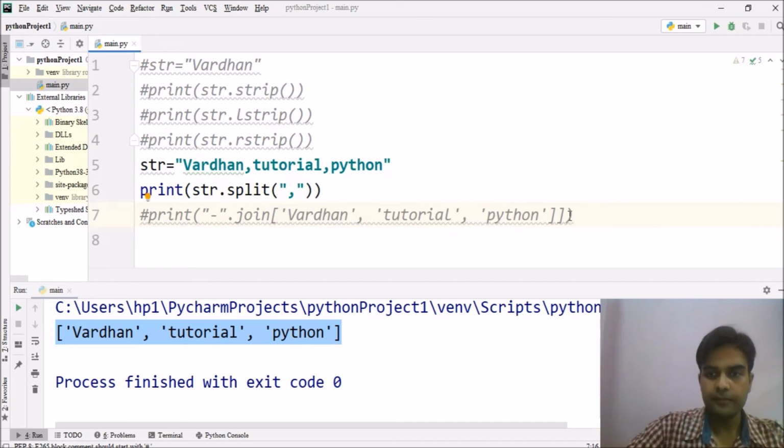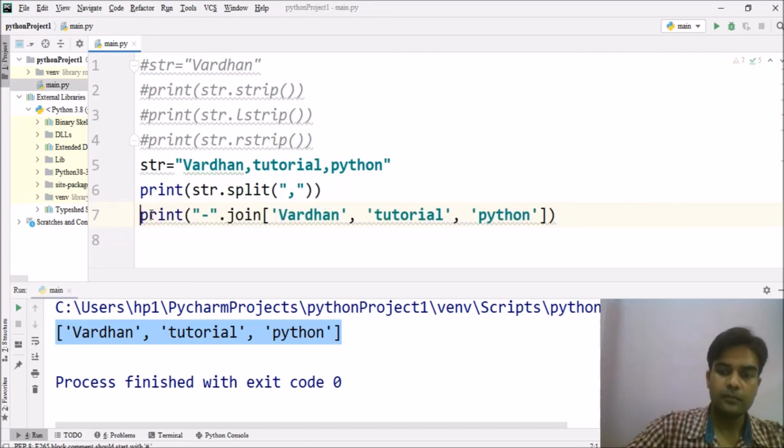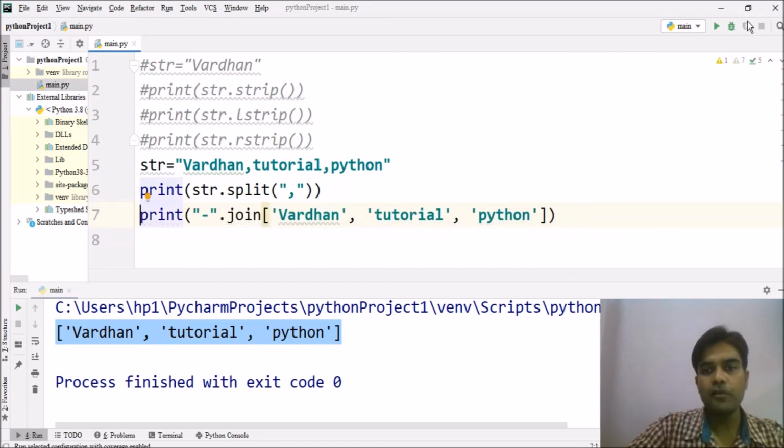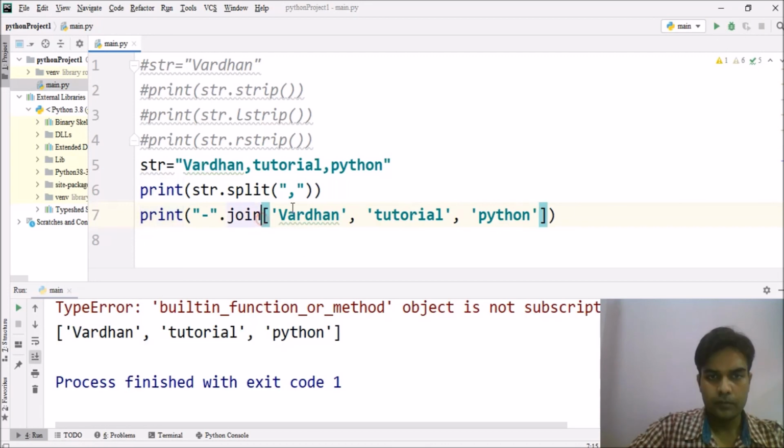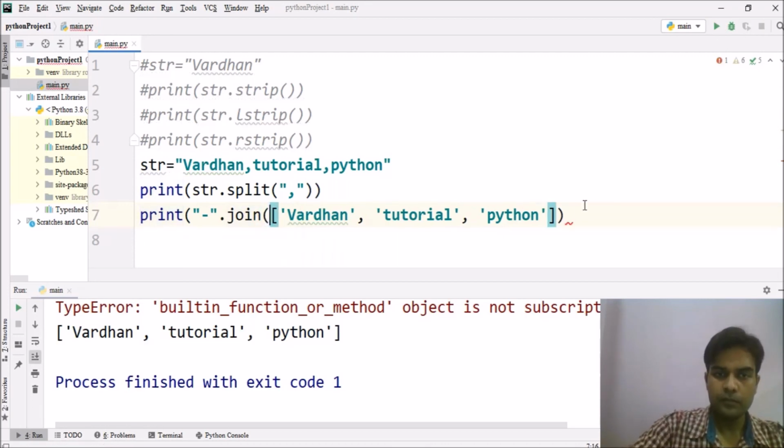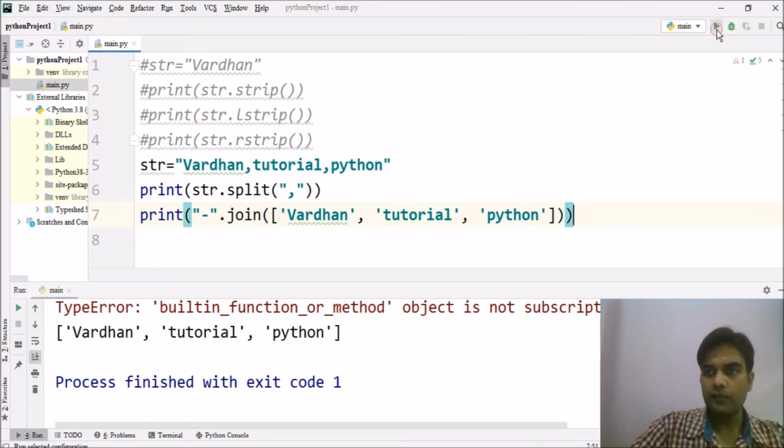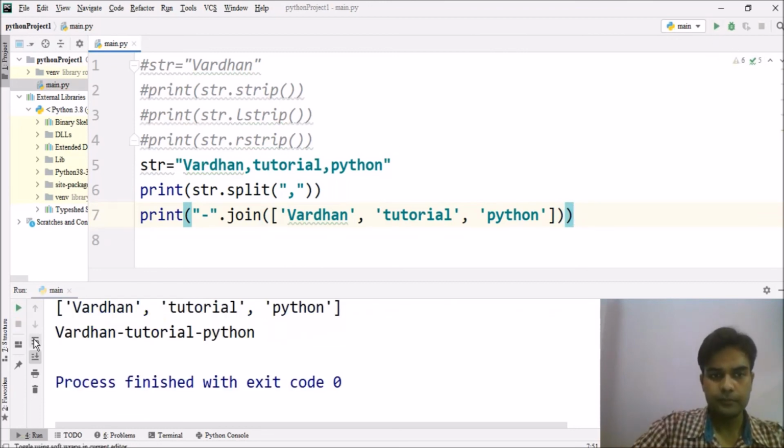Now what will this join do? It will join all the elements. See, Vardhan, then minus sign, then tutorial, then minus sign. Okay.